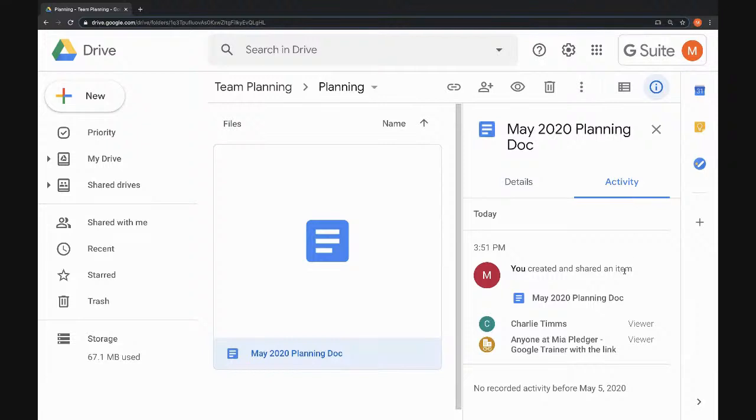And this is really useful for when you're sharing lots of documents with people, because if they're getting shared or changed or moved around, it's useful to be able to see what the history is on that. So you would be able to see right from when this file was created, who it's been shared with, what level of access they've been given, and if they've changed the name of anything, if they've moved things between folders and things like that.